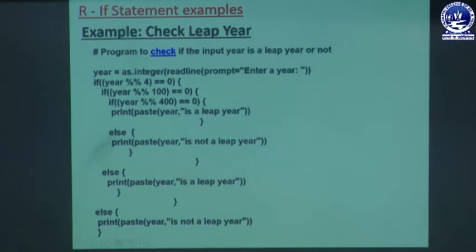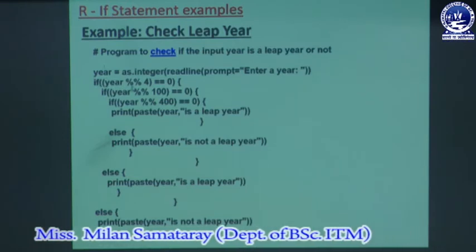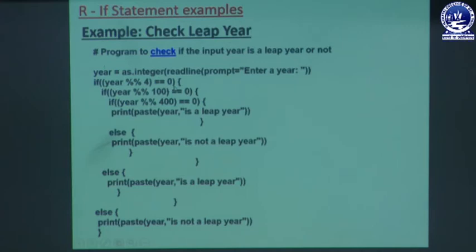This is a condition, and an if statement is written here. So here, year modulus 4 equals 0 or not. That means whatever value is entered, say 1900, the variable year contains 1900, and its content will be checked: it will be taken modulo 4, and the result is checked to see if it equals 0 or not. If it equals 0, then it will go for the next condition like this.